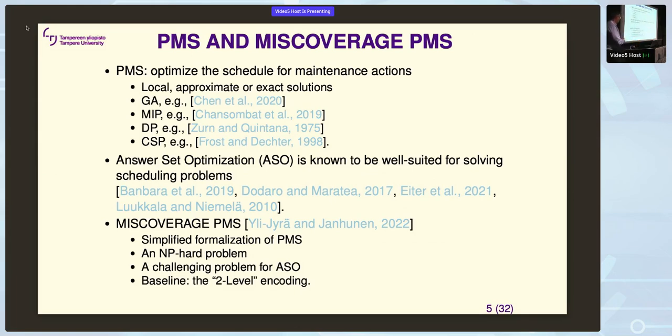And of course, due to various parameters and aspects to include in this problem, there are a lot of different formalizations and also methods: genetic algorithms, MIP, dynamic programming, CSP, and so on. They have been used earlier, but